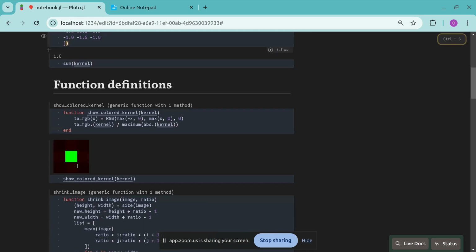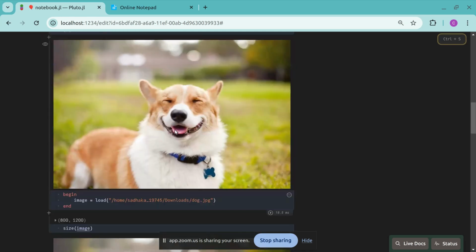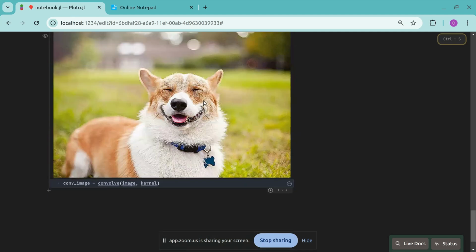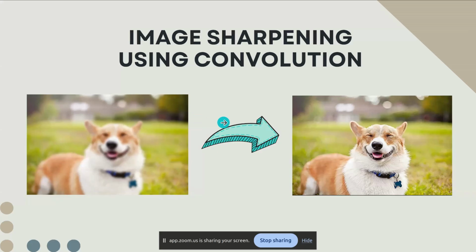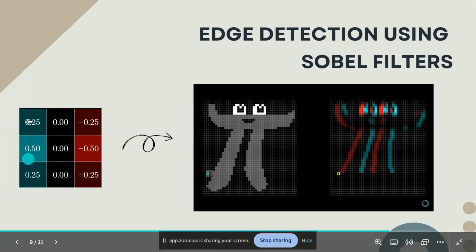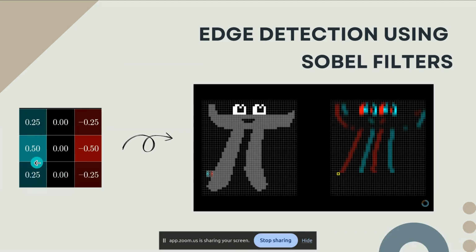And what this does is, if this is the dog image, it would cause it to sharpen. It's interesting, right? Another application, which is quite interesting, is edge detection using Sobel filters. Here we would be using this kind of a filter where positive values would be concentrated on the left side